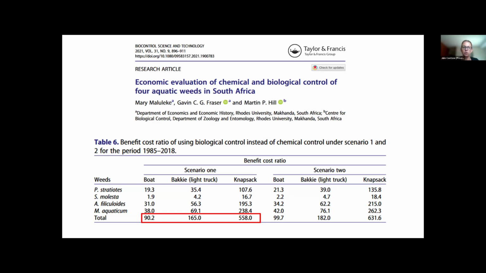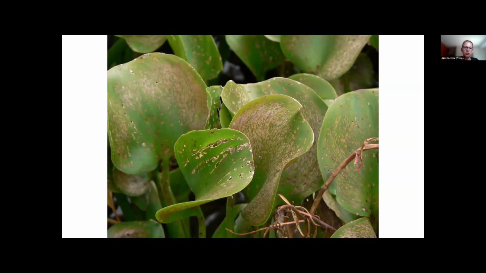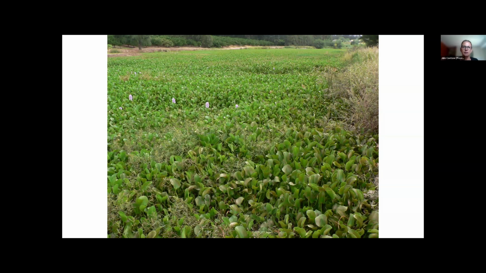That's so important. But water hyacinth remains a huge problem, particularly in South Africa and Zimbabwe, where we've got these really nutrient-rich sites. And we've released 9 different species of biocontrol agents against water hyacinth in South Africa. Even though we've got all this feeding damage on the plants, you can see all kinds of damage there. Imagine you saw this in your vegetable patch, you'd be freaking out because you're not going to get tomatoes. Your maize isn't going to grow. But with water hyacinth, with all that feeding, it still maintains itself.